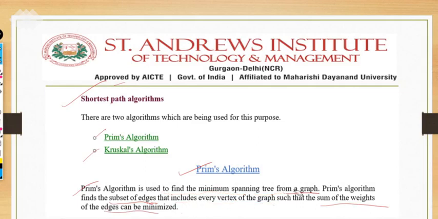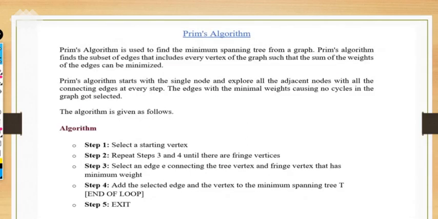So it will cover all the vertices, and it collects the subset of edges in order to cover all the vertices with the minimum weight, in order to minimize the weight. This is the main concept of Prim's algorithm. So what exactly does Prim's algorithm do, how does it deal with the graph or spanning trees? Basically we have already mentioned Prim's algorithm's main purpose. The next is, it starts with a single node. What is the theme of this particular algorithm?